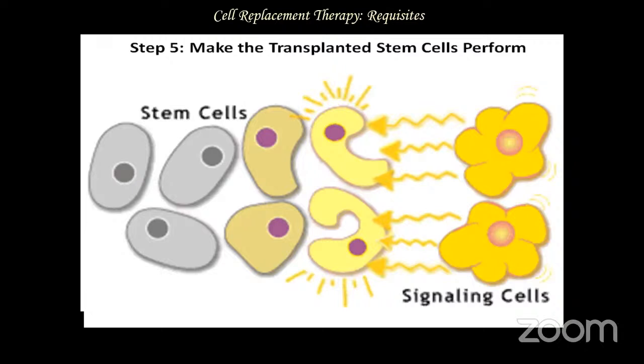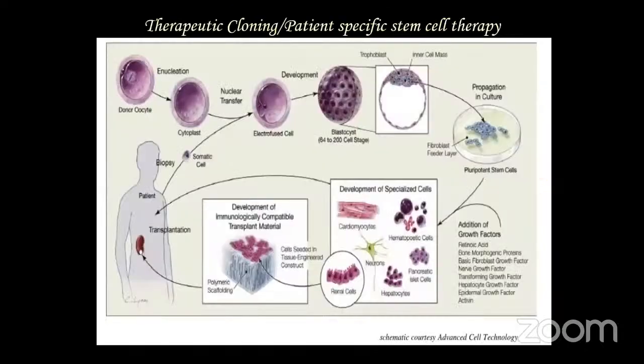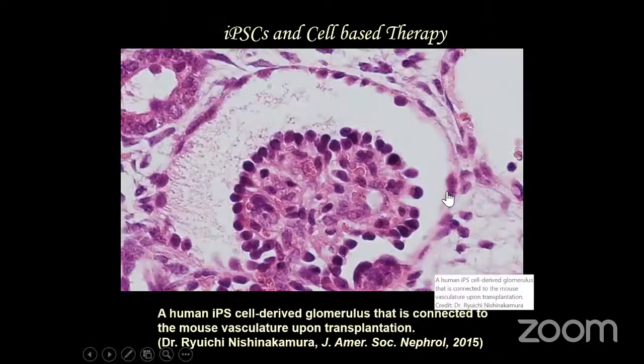And therapeutic cloning, as I have already discussed, using induced pluripotent stem cells, one can think of generating patient-specific cells using the SCNT approach, direct reprogramming, or iPSC. Now, this has drawn major attention: one can think of generating the cells of interest, and wherever you have a problem, you can replace the cells. So this is another example showing what they have done as of 2015. Now there are many more such